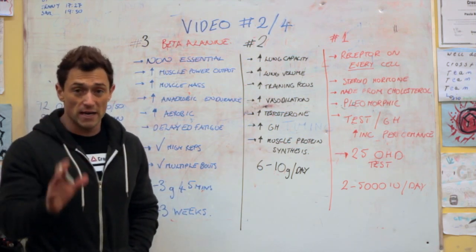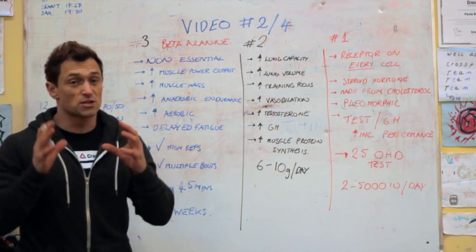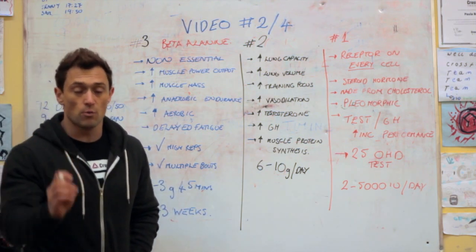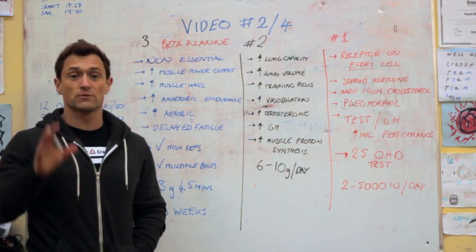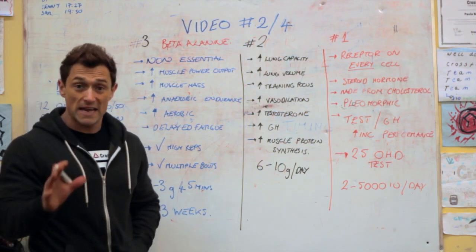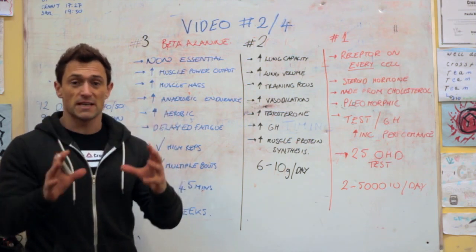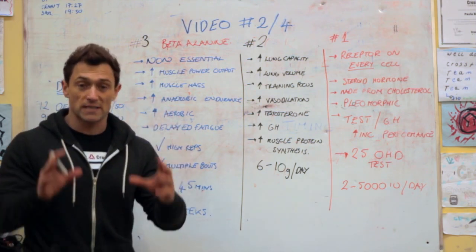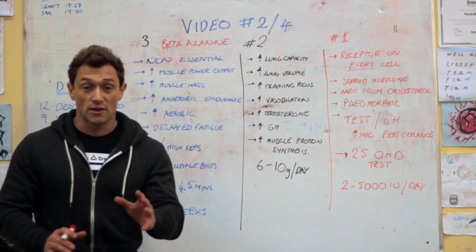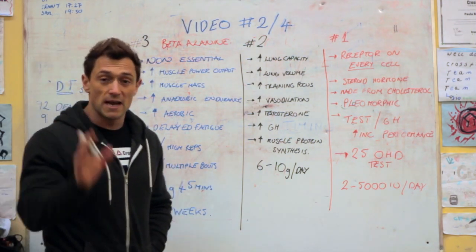Now, if you're taking it in a supplement, I guarantee that you're not taking enough. Some of these pre-packed formulas just do not have enough of this supplement. Buy it on its own and take it 45 minutes prior to your WOD. Now, with this one, it takes around 2 to 3 weeks to achieve muscular saturation. That is the build-up of this supplement in your body to get it to its maximum capability and performance enhancing effects. Again, some people do experience benefits right from the off. Okay, that's number 3. Let's move on to number 2, which is, unless you have been living under a rock